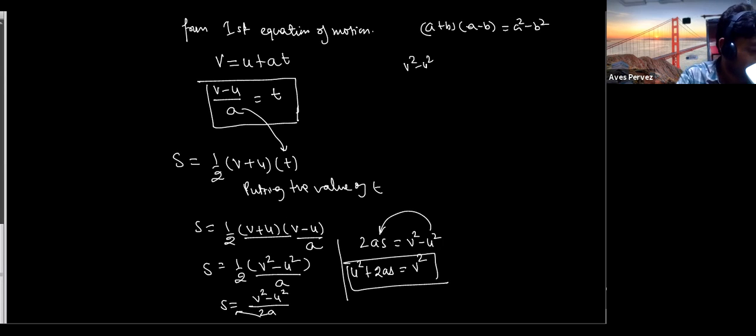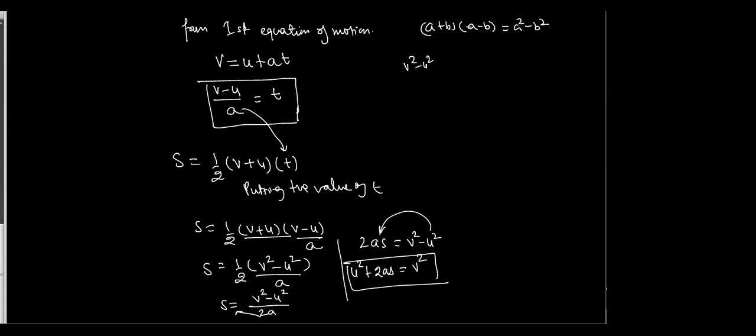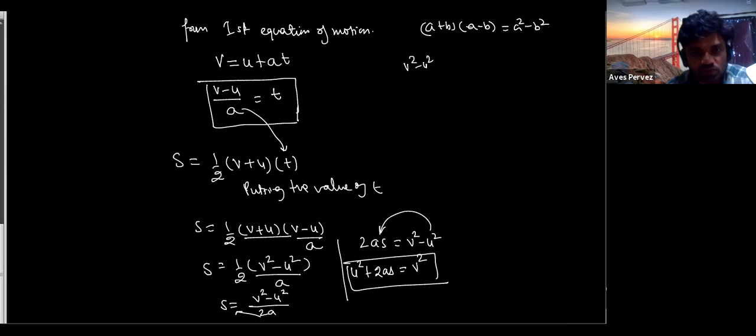Tell me, do you have any doubt? We can also do the derivation of the third equation by another method. Which one? You can use the method of adding the two formulas. There are different methods you can use to prove that equation. But this one is the easiest method.